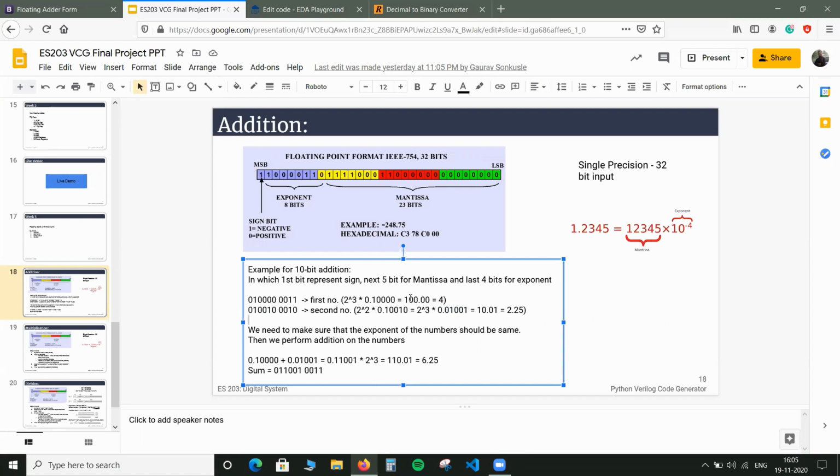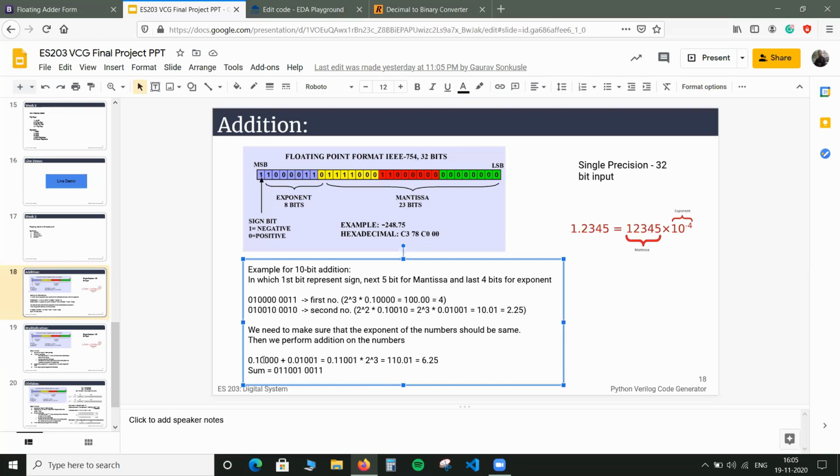After that, we have exponent 3. So after three digits we place the dot sign, the position of the decimal point. So this number is represented by 4, and for the second number, after shifting we got 0.01001. After shifting 2 bits, the decimal will be after 3 points, so we get 10.01, which is equivalent to 2.25. After that we just add these two numbers, 4 plus 2.25, which is 6.25.